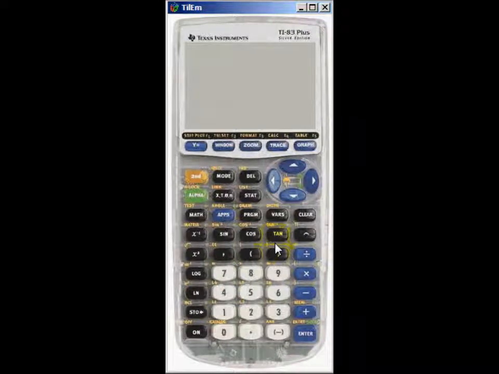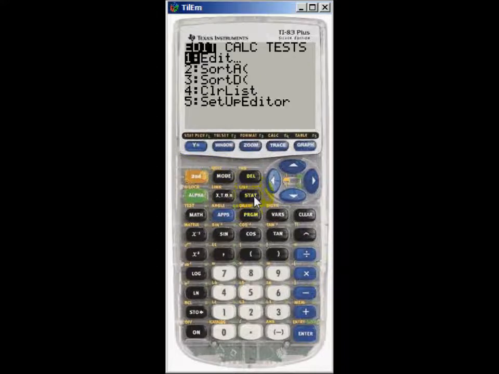Today we're going to learn how to do linear regression on the TI-83 Plus calculator. I'm going to be using the data found in the linear regression example point file that's available on our website. The first thing you should do is enter the data into your calculator. I've done this already. As you can see,